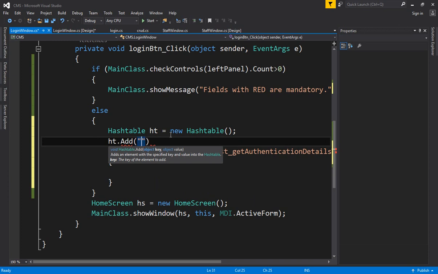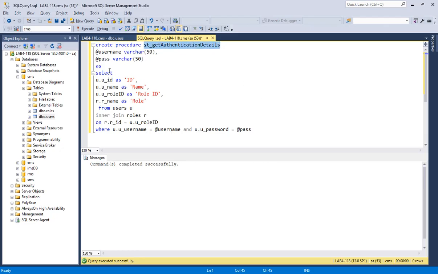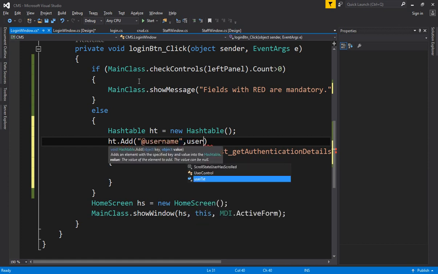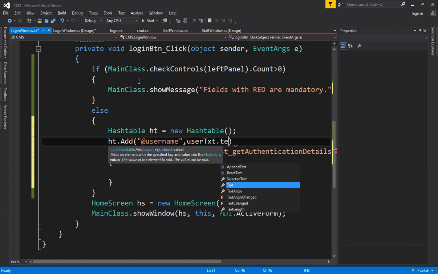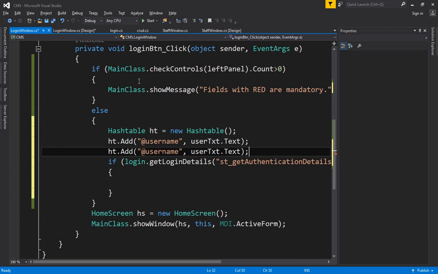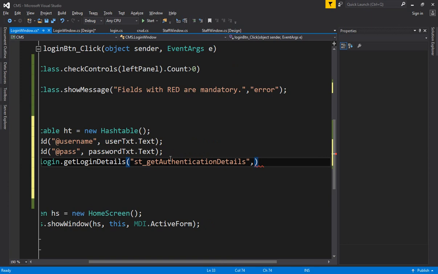So at key I will pass the parameters that are my username, copy it, and paste it, and from where I will pick the username from the user text dot text, and then semicolon, copy it, paste it, and pass here the password text, and then here should be the pass parameter. So that's the thing. So you have passed 2 parameters inside your hash table, and now here you have to,